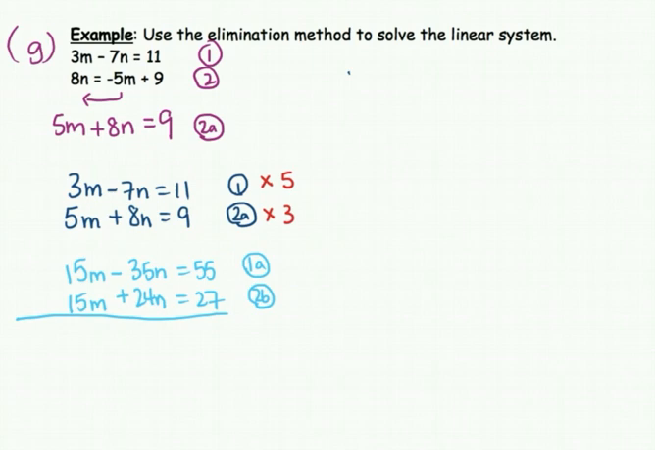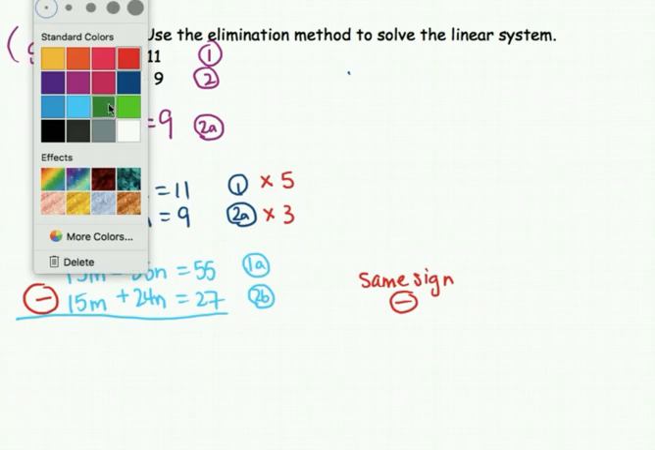So in this case here, if you're looking at 15m and 15m, they're both positive 15m. They both have the same sign, so you're going to subtract. Okay, same sign, the rule of thumb is subtract them. If they were opposite signs, then you'd add them, but here you're going to subtract them. Okay, so if you do that, then you will get